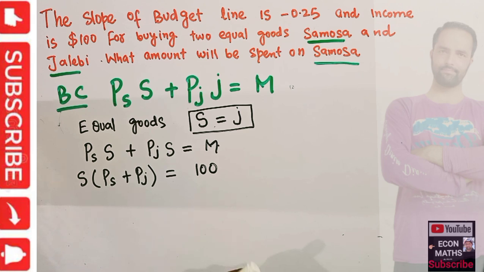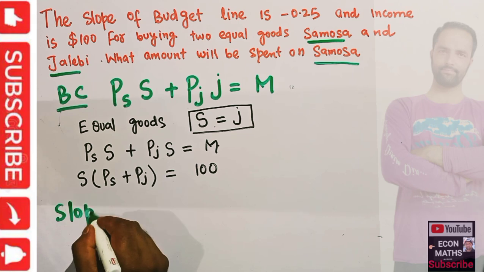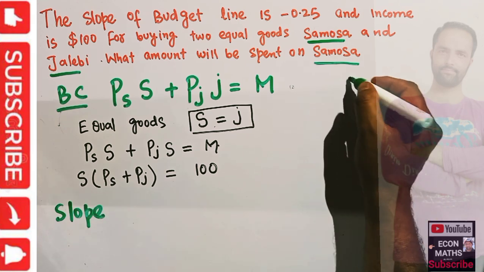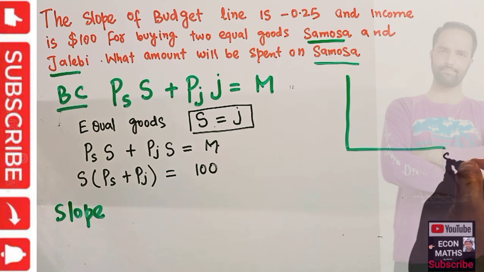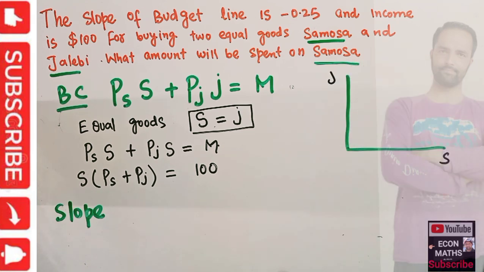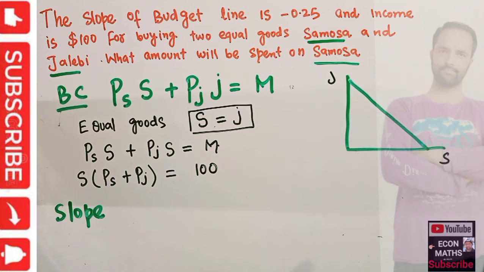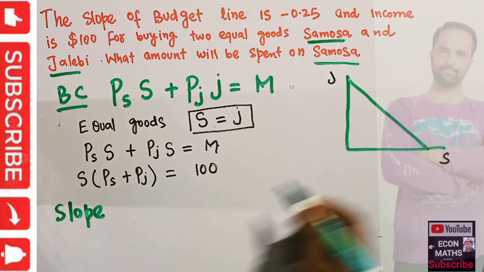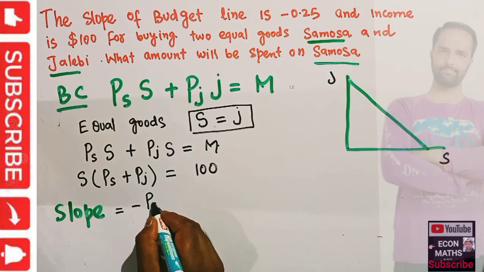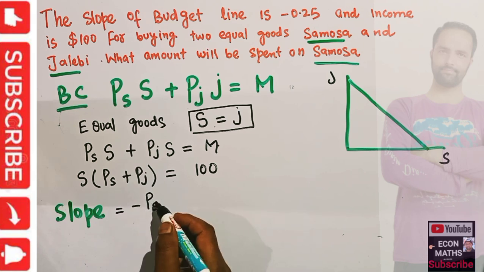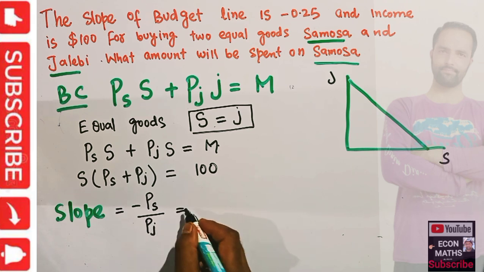Okay, after that, what is the slope? Slope, we know, if this is our graph, let me draw it here. If we have this graph, we have samosa on this axis, jalebi on this axis. Okay, our budget constraint will look like this. The slope of this budget line will be equal to minus PS, that means price of samosa upon price of jalebi, and we are being told it is equal to